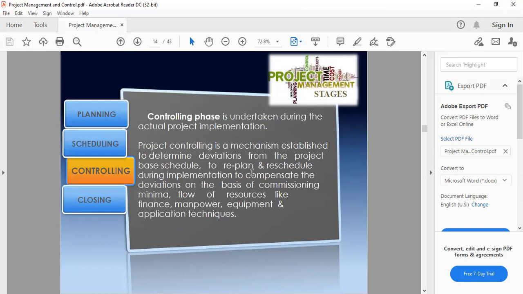Controlling now is when we implement. Of course, we have to make sure that all areas have been properly done. And if ever there will be some deficiencies, we'll be able to uncover them immediately and make some modifications. So project controlling is very important. This is a mechanism established to determine deviations from the project-based schedule, and then we can replan and reschedule accordingly